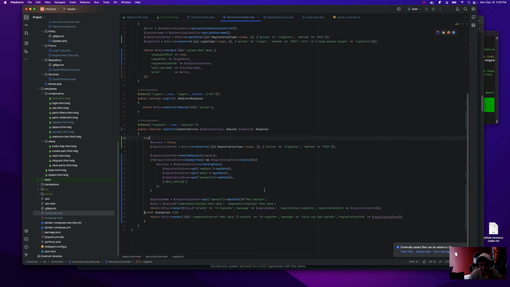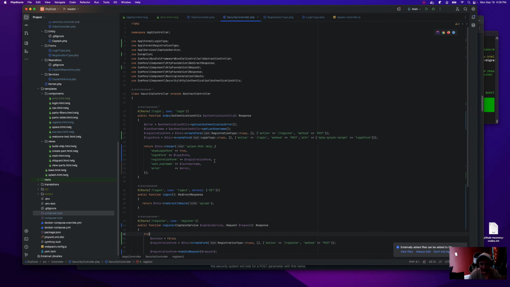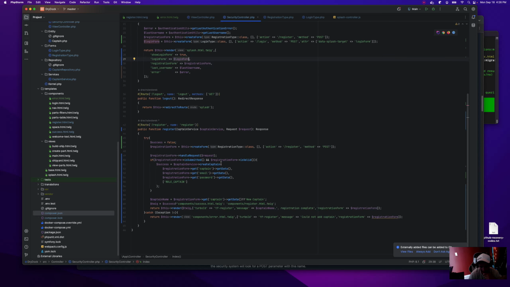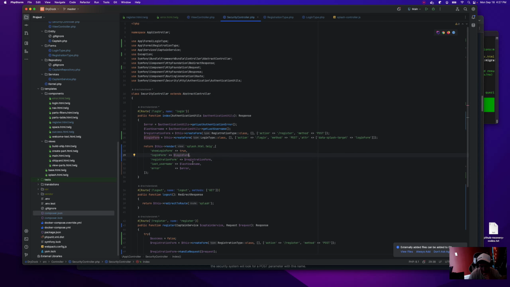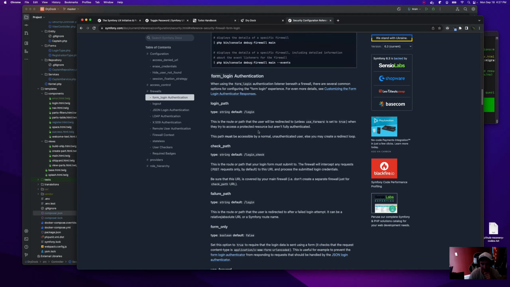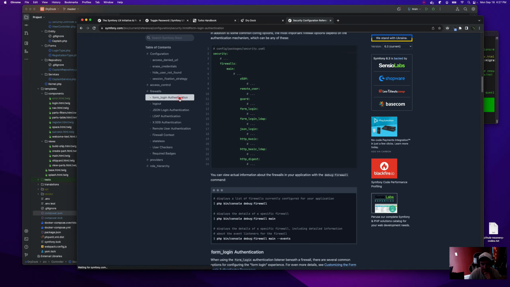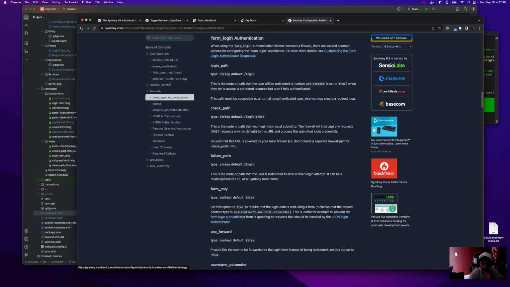Okay, so when login gets hit, this is the default. It'll go to the splash page into the login form. And it'll have last username, which we want to add, and it'll have the error, which we also want to add. So let's look at the Symfony docs for that real quick. Form, that's not the right one.